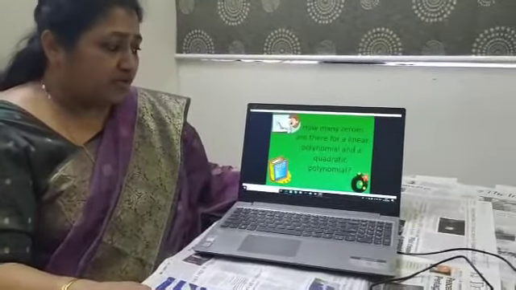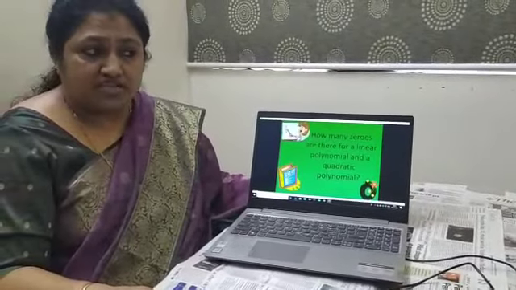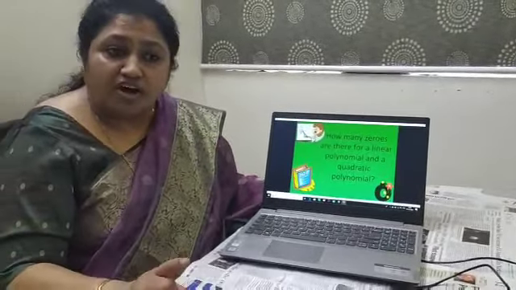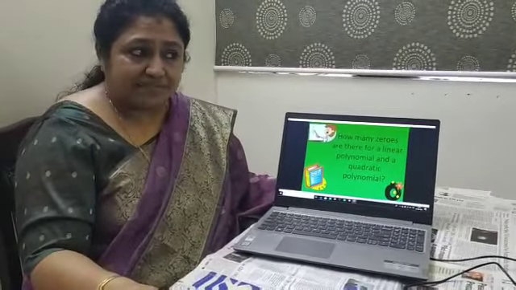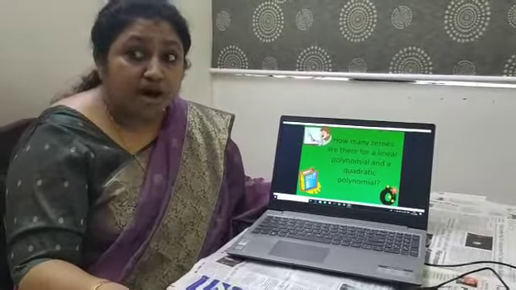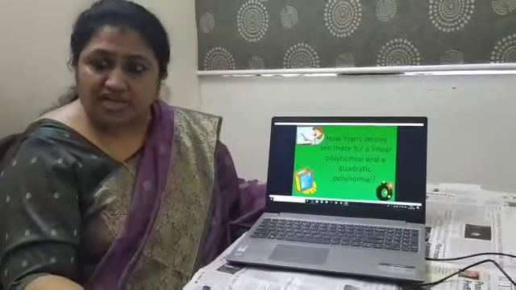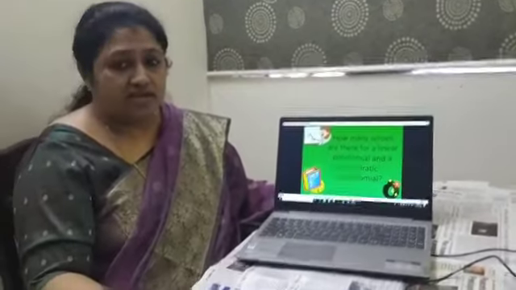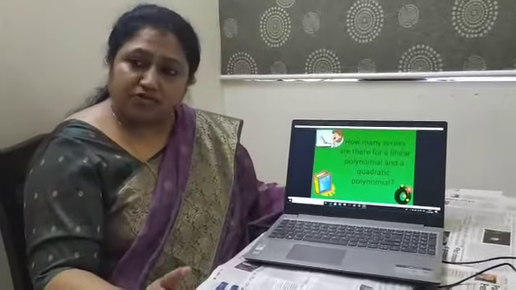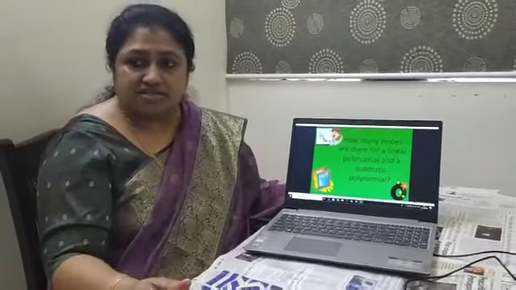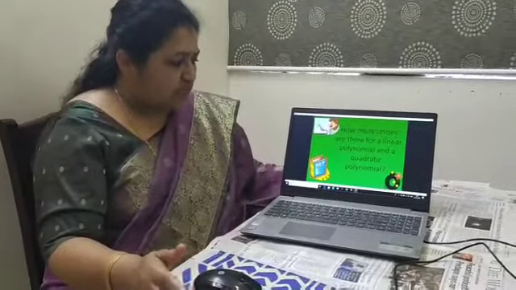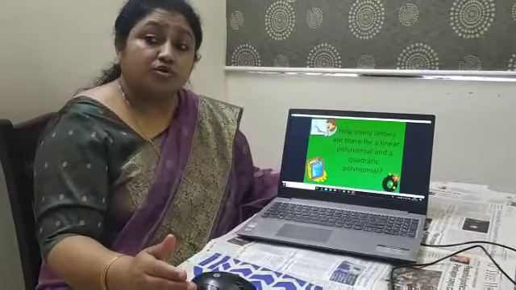So here the question is, how many zeros are there for a linear polynomial? Always remember, a linear polynomial will have only one zero. We always define or calculate zeros depending upon the power of the variable given in the expression. Since the power of the linear polynomial is always going to be 1, it can have only one value from the real number system. That means there is one and only one value from the real number system which has the capacity to make the entire linear polynomial 0.